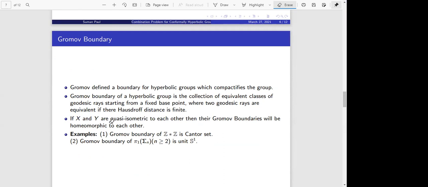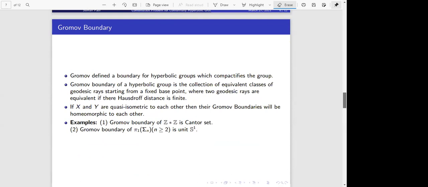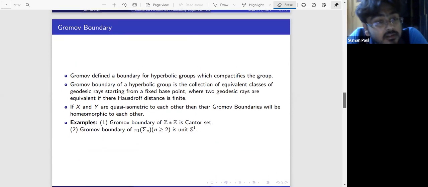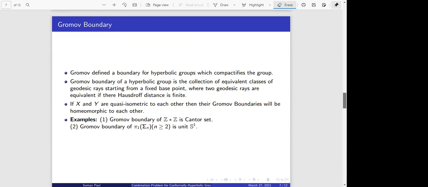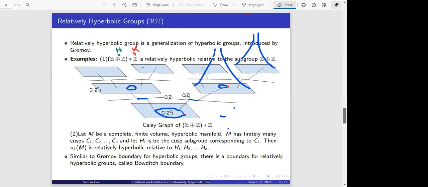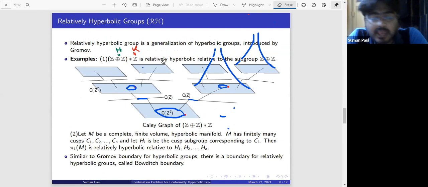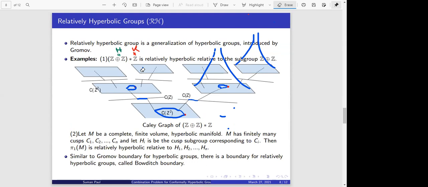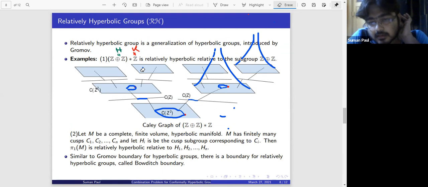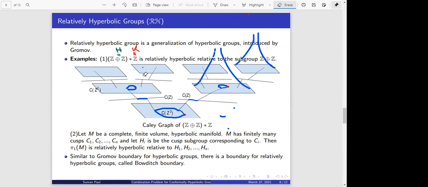I'm saying that you have to choose some H which is not hyperbolic, then you attach the. No, H may be hyperbolic also. But you are defining it relative to H. Is there any unique choice for each? In your second example there are n choices, but in general there may not be any unique choice, right?